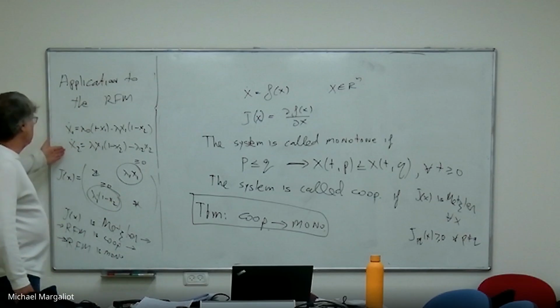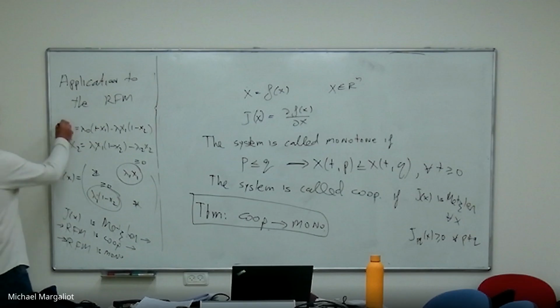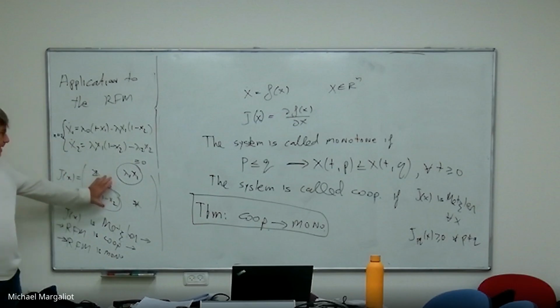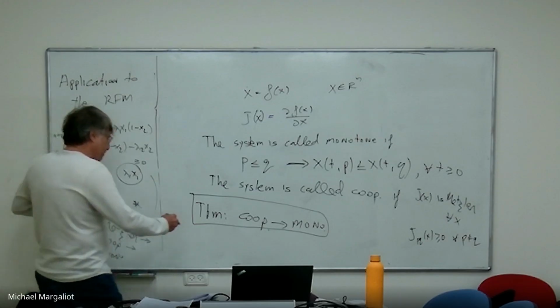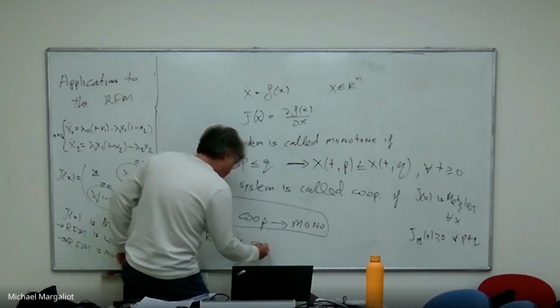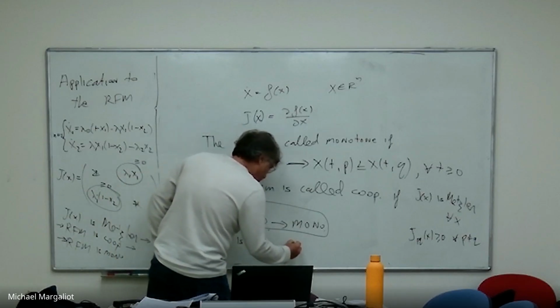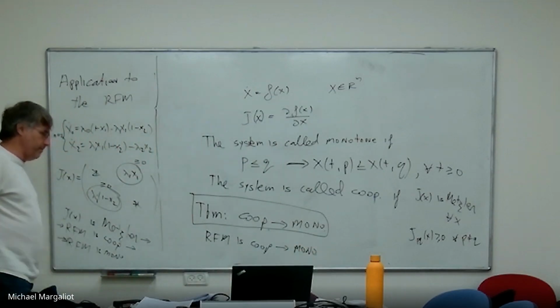And now we saw that for the RFM, I took here the RFM with n equal to 2, but this is valid for any dimension. It's easy to check. The Jacobian is indeed Metzler. These are the off-diagonal entries, and they are always non-negative. So the RFM is cooperative. And therefore, by the theorem, the RFM